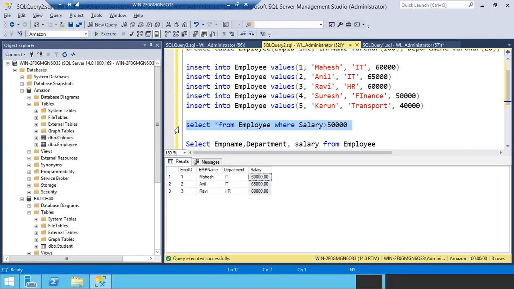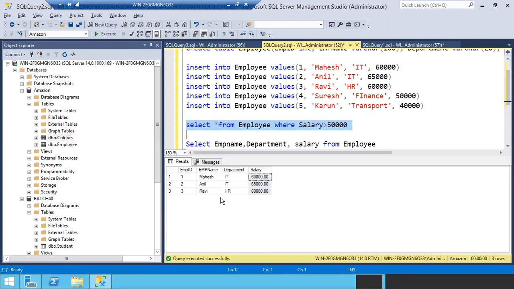If you see this query, where salary greater than 50,000, you can see 3 records. Just tell me the meaning of this query. That's fine, tell me in Telugu, no problem. I think 50,000 కన్నా ఎక్కువ ఉన్నారా?